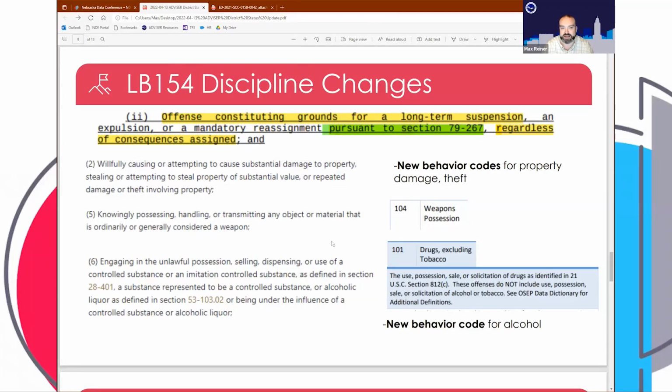So I assume obviously this is stuff that was being collected before, but you probably would have been reporting this under just the other generic behavior code. Now we'll have specific behavior codes for those. Number 5, possessing a weapon, we have that covered. Number 6, unlawful possession, selling, dispensing, or use